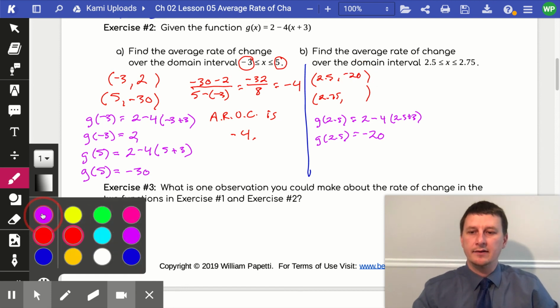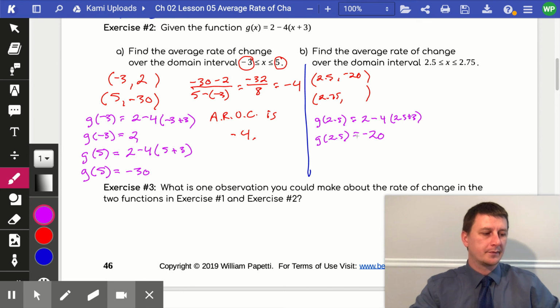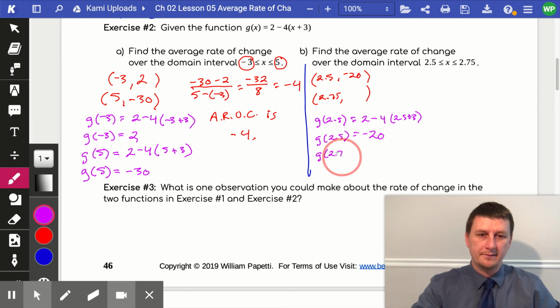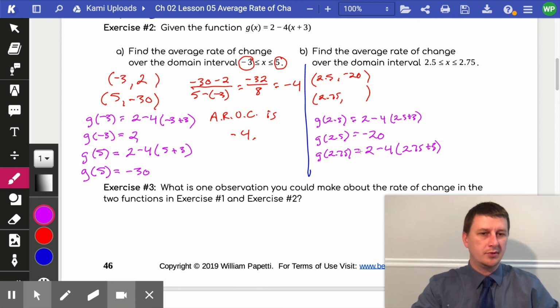And now for 2.75, we have g of 2.75 is equal to 2 minus 4 times (2.75 plus 3). And we're going to combine the inside of our parentheses, and we're going to get 2.75 plus 3 is 5.75. Times 4 will give us 23, and 2 minus 23 is negative